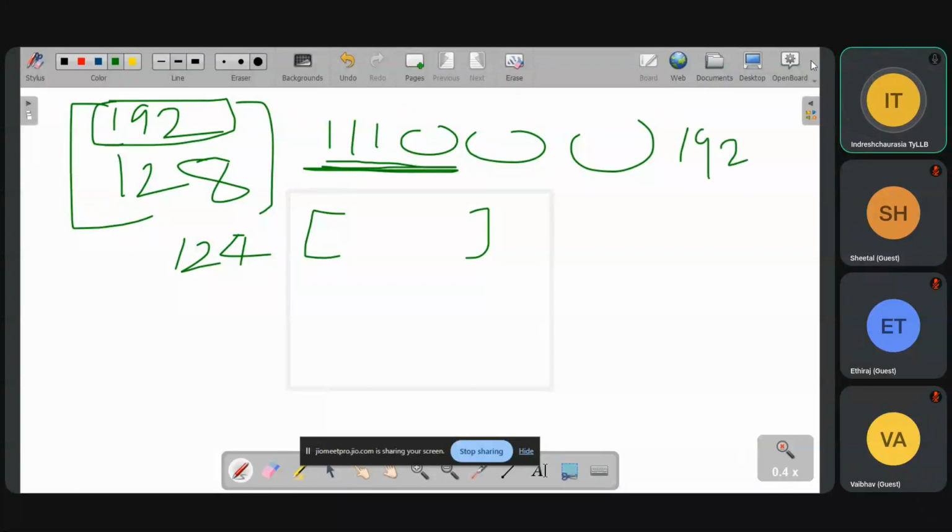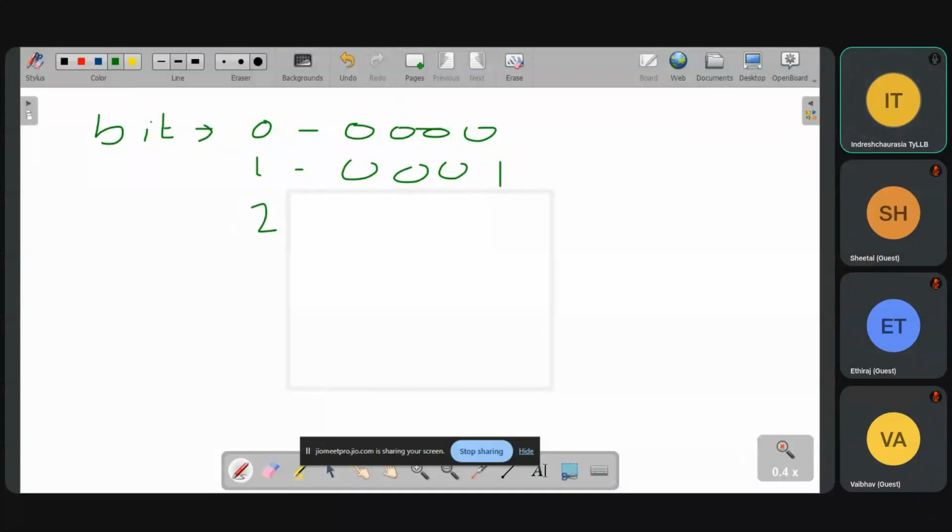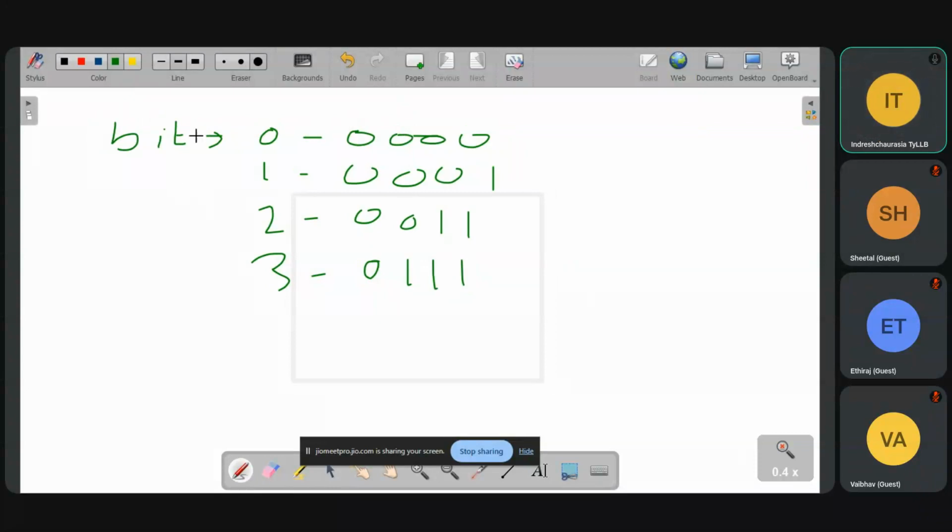See how it is there. In bits, if I want to represent 0, how am I going to write it: 0, 0, 0, 0, 0. If I want to represent 1, it is 0, 0, 0, 0, 1. If I want to represent 2, it is 0, 0, 0, 1, 0. So in this way, in engineering terms, this is a number and these are the bits we represent.